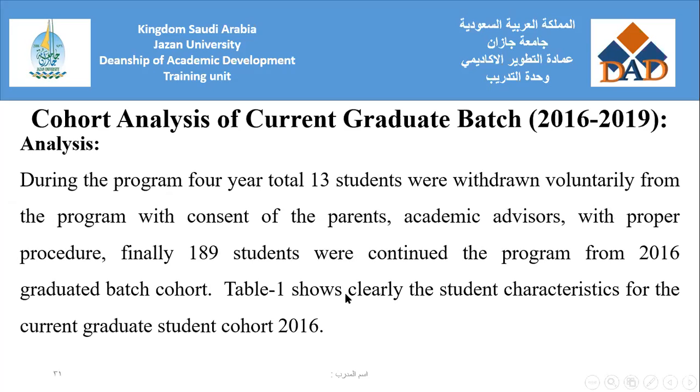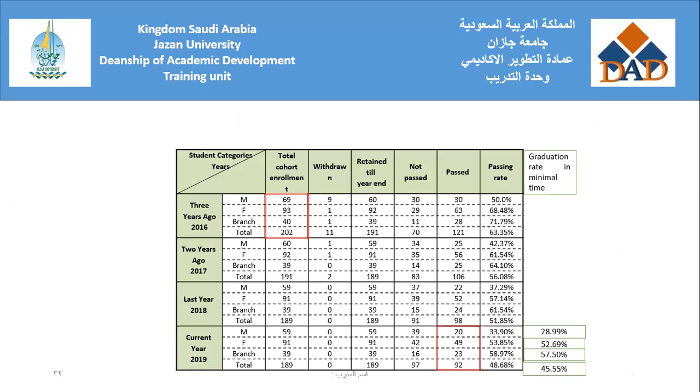And 189 students continued the program from the 2016 graduated batch cohort. So 13 students from the 202 dropped out voluntarily, so the remaining 189 students continued the program. This information is clearly shown in Table 1, our cohort table, for the department, 2016 to 2019, a 4-year